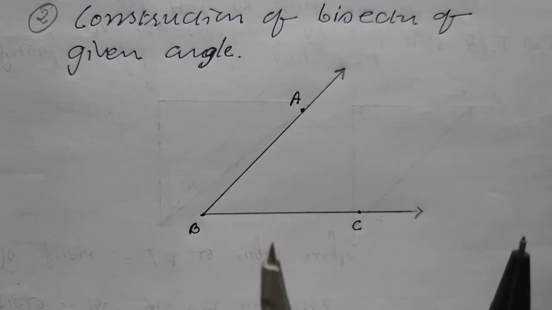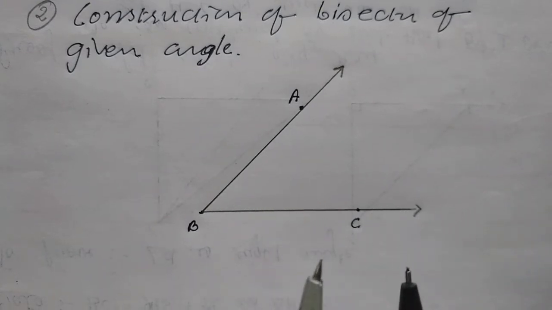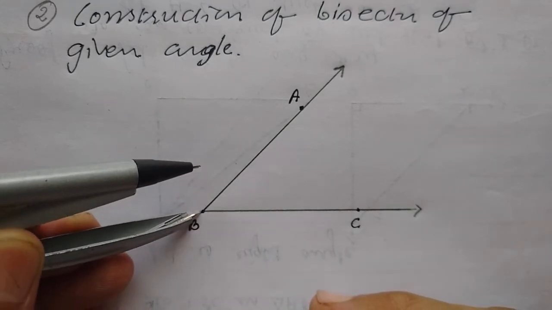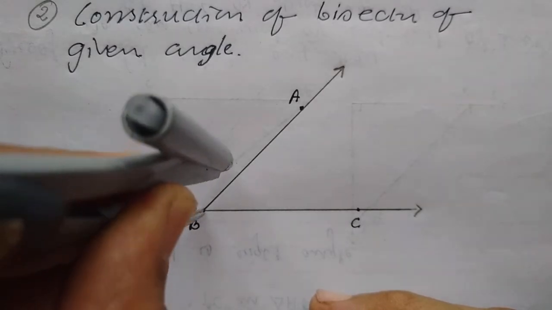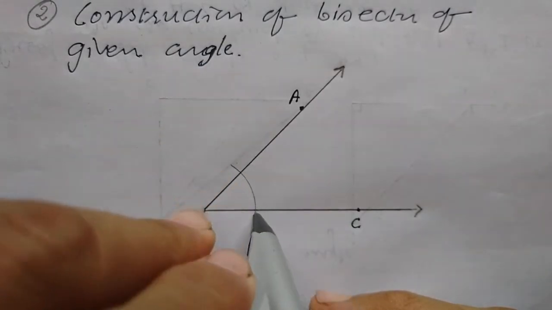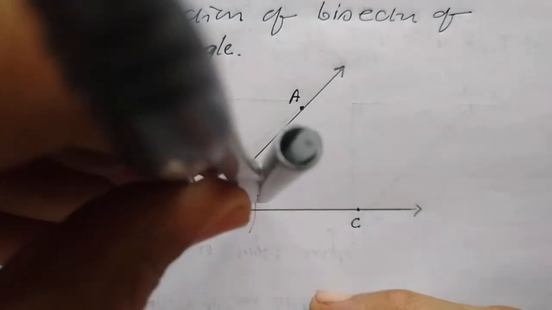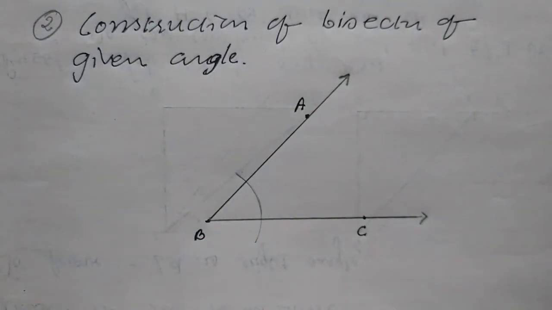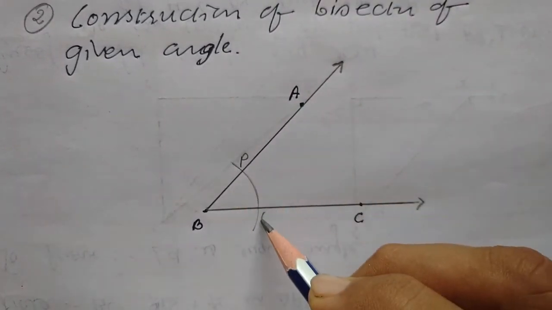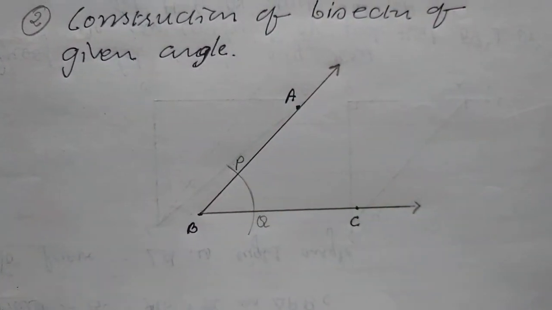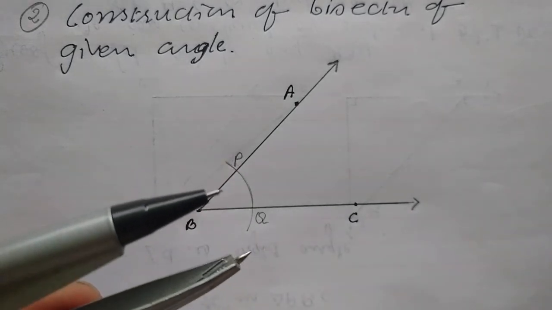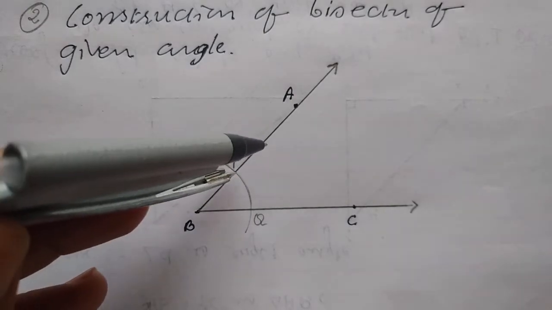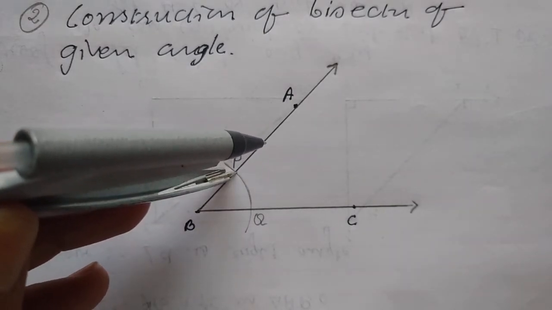It is very easy children. Take a pair of compass and take an approximate radius. Put the metal point here on B and draw an arc this way children. Something we draw like this is known as an arc. So this arc will intersect here at P and Q. Now children, the same radius you can fix, or you can measure this distance PQ also. Otherwise the same radius also you can keep.